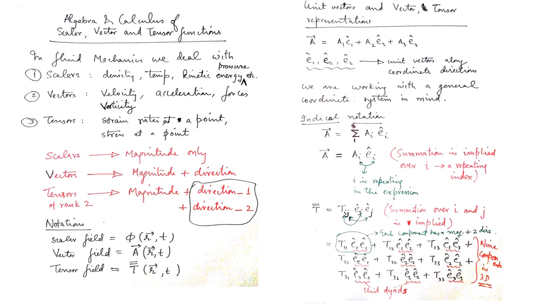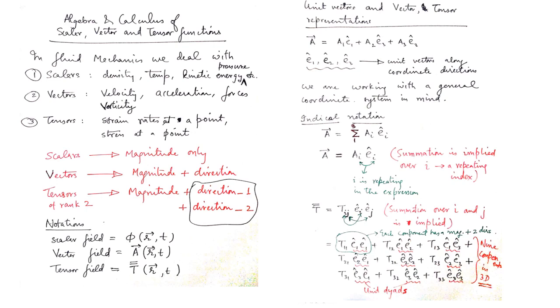So just to have a quick look at the differences from a mathematical point of view in these three quantities. You can see that scalars, as we all know, have a magnitude only. So you just assign a real number to represent that magnitude. And for vectors, you have two things associated, some magnitude and a direction of this quantity. And if we extend this idea further, tensors of rank 2 have a magnitude, three things associated with a tensor at any point in the flow domain.